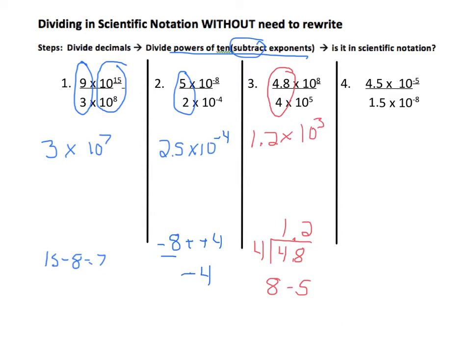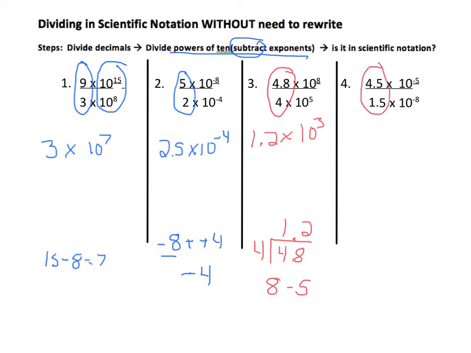By the way, one of the most common mistakes I've seen is changing this division problem into multiplication. This line means division, so you're never going to multiply if there's one of these lines, unless there is something both in the numerator or the denominator. All right, very last one. We are going to